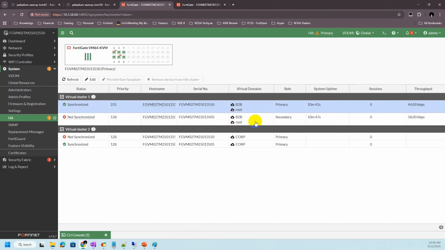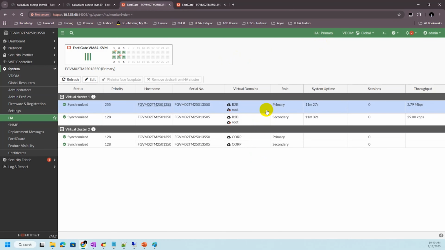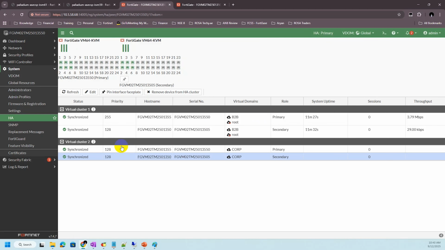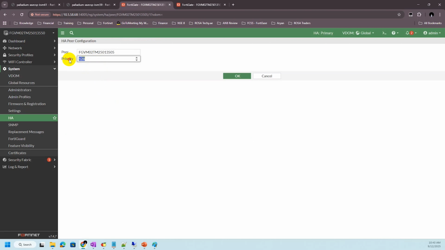If you notice here, the primary for these two VDOMs is this device, and even for this it's the same device. That means all the VDOMs are currently active on the same device. So for this device here we have to change the priority and make it higher.